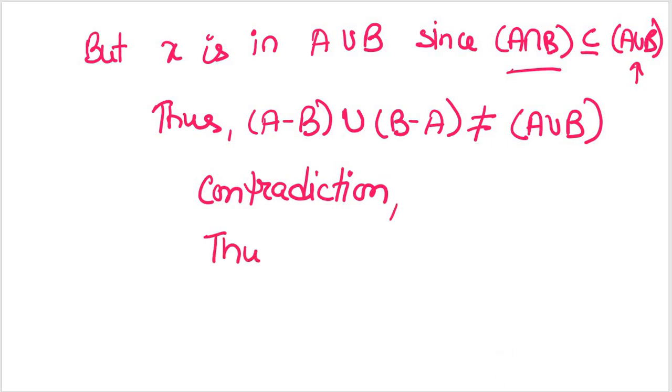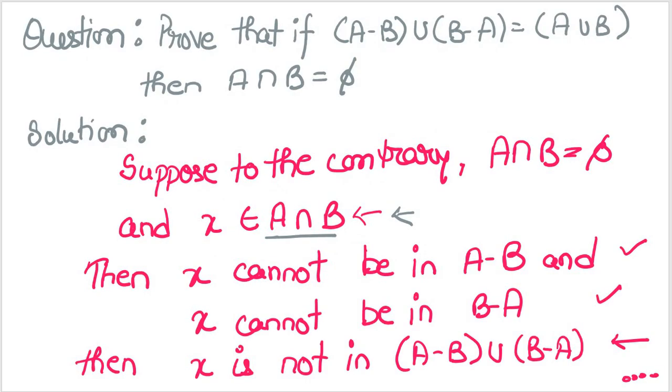Thus, A intersection B is equal to null. And that's what we were trying to prove here, right? Our effort was to prove this if this holds true,